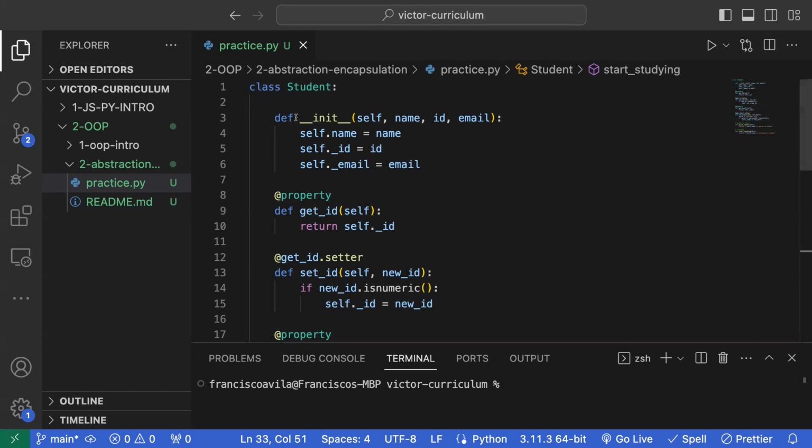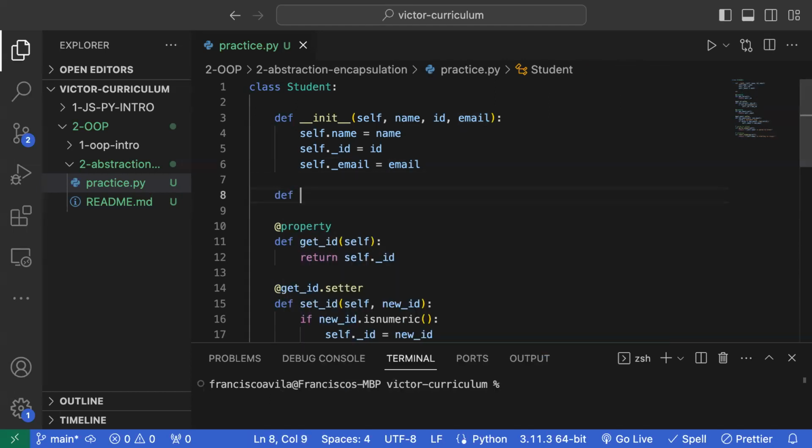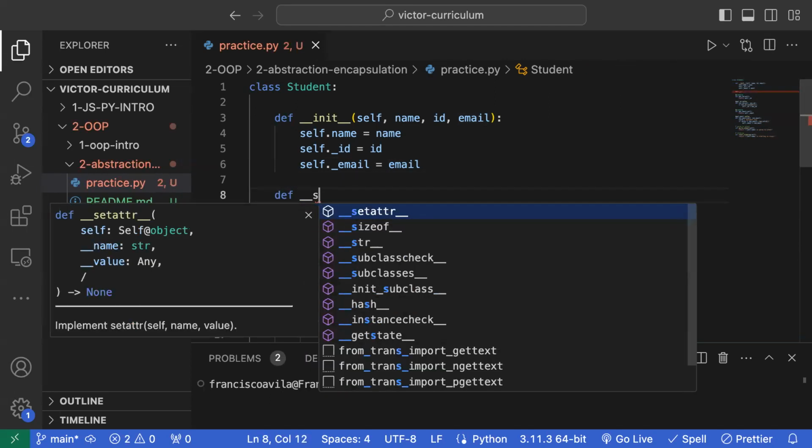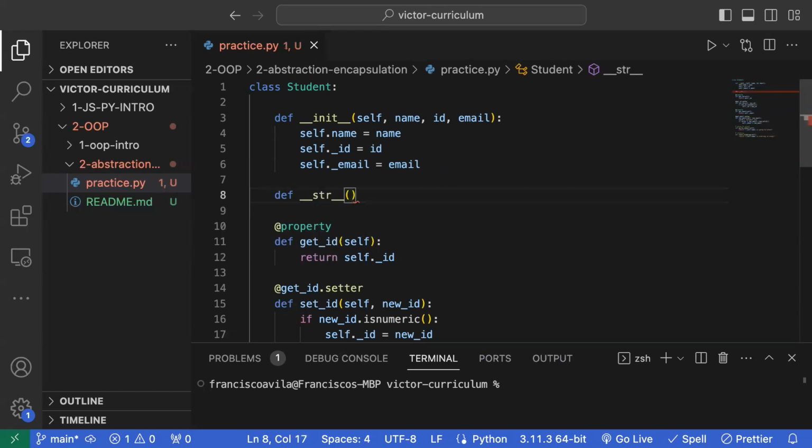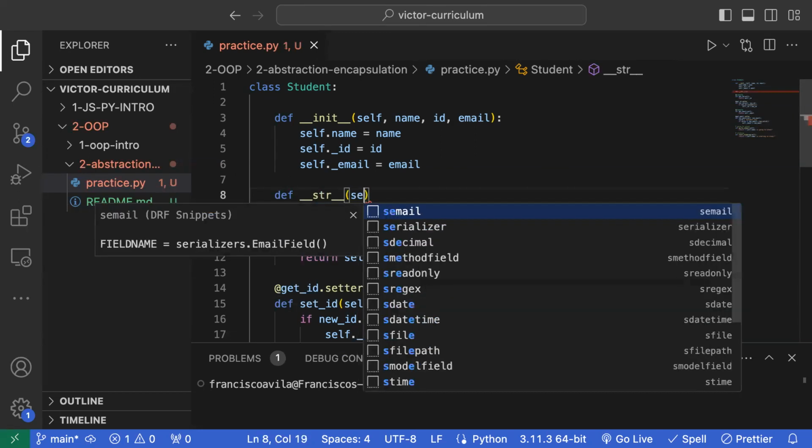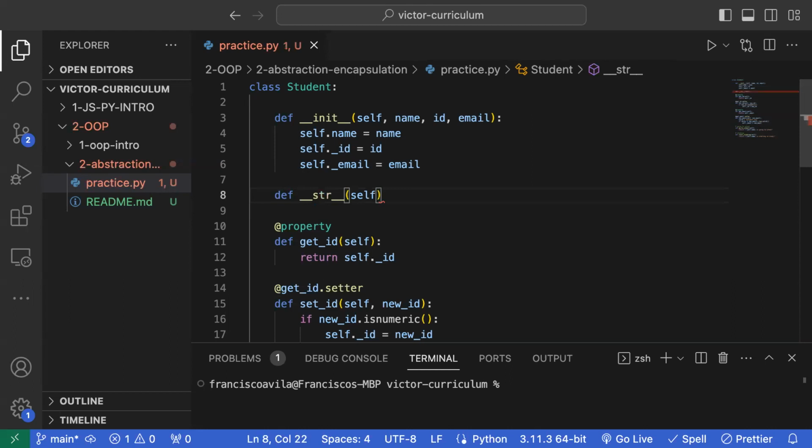Yeah, of course. So right now, if I create an instance and I print the instance, it's going to show me a memory space. And I would like to change my class so that instead of showing a memory space, I can see something specific about the class instance. So we'll do a dunder method. Under the def __init__, we'll do def __str__(self), and then we'll return